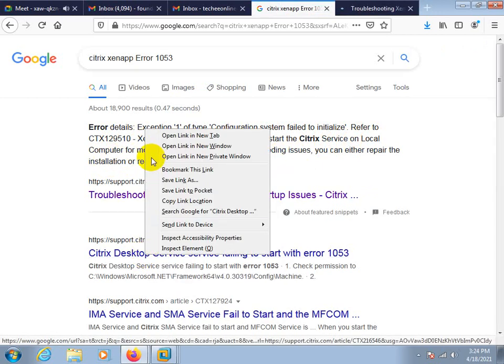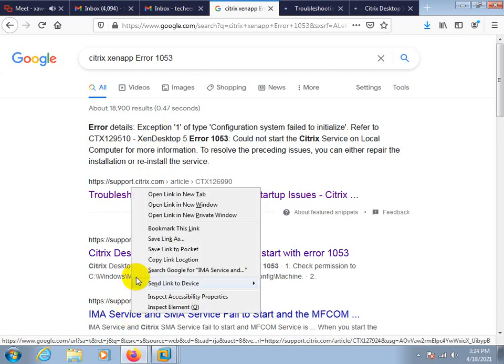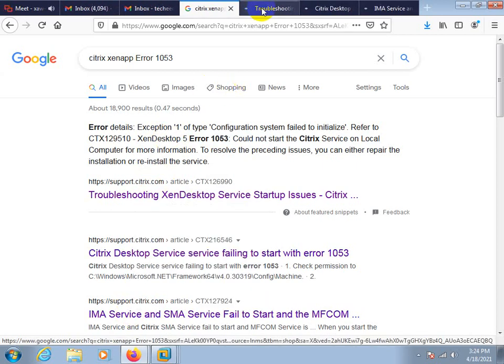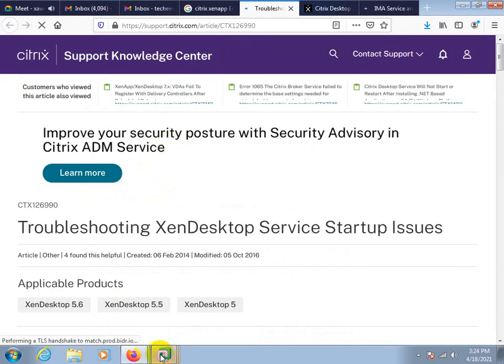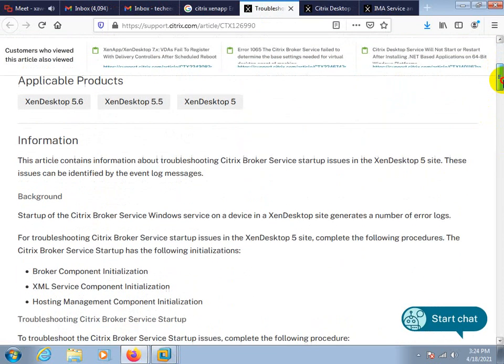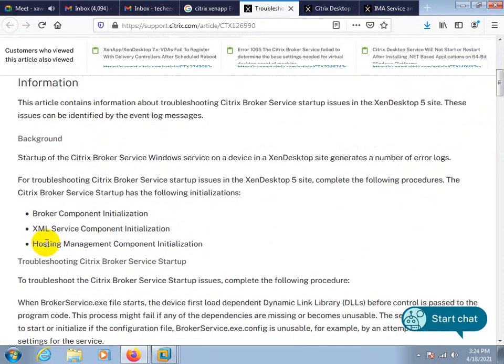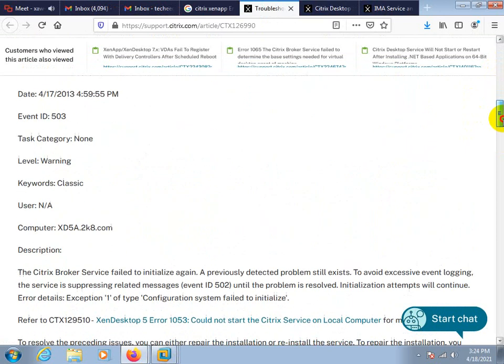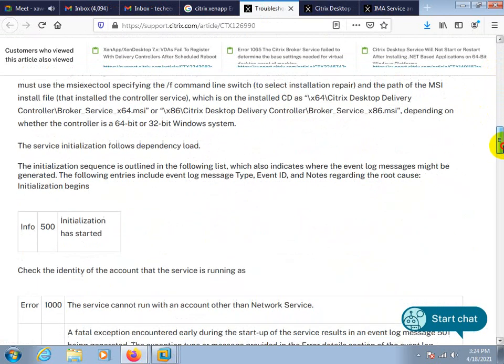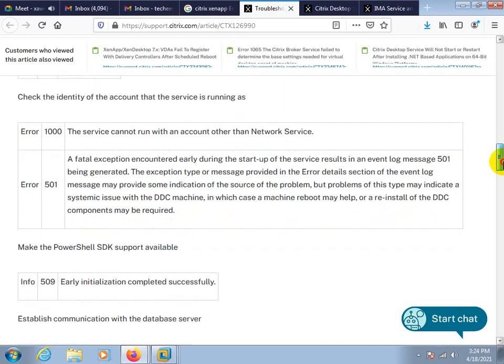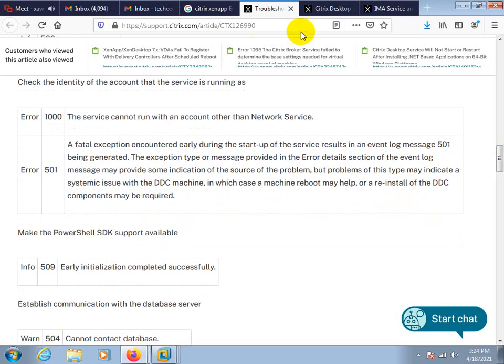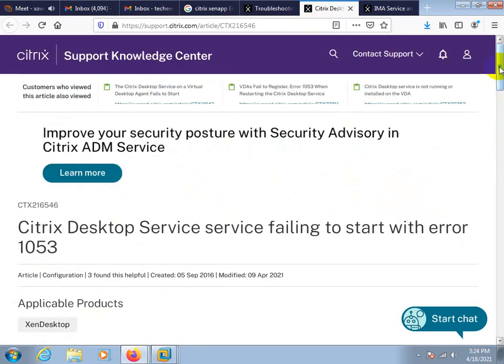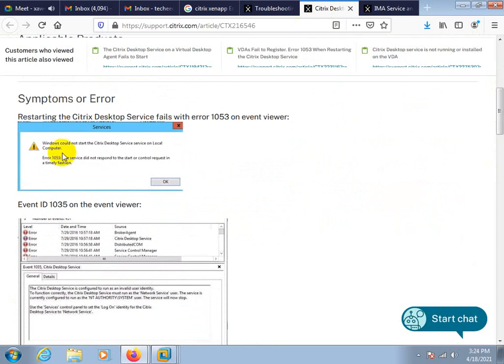Routing option from here, IMA service, SMA service. Okay. Here also the desktop is failing. This is the error you are getting.